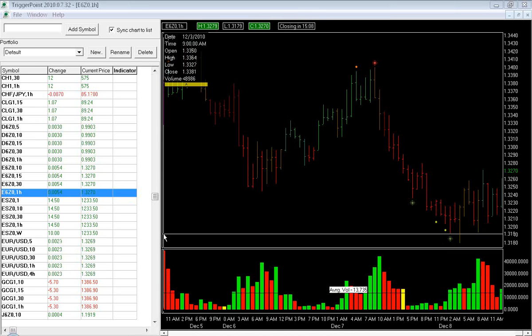This is a recording demo, a live example of a chart for December 7th of 2010 in the euro currency. And I would like to show you the TriggerPoint software that aims to capture springs and upthrusts in any markets on all time frames. And the one I decided to show tonight, for example, because it's one of my favorite